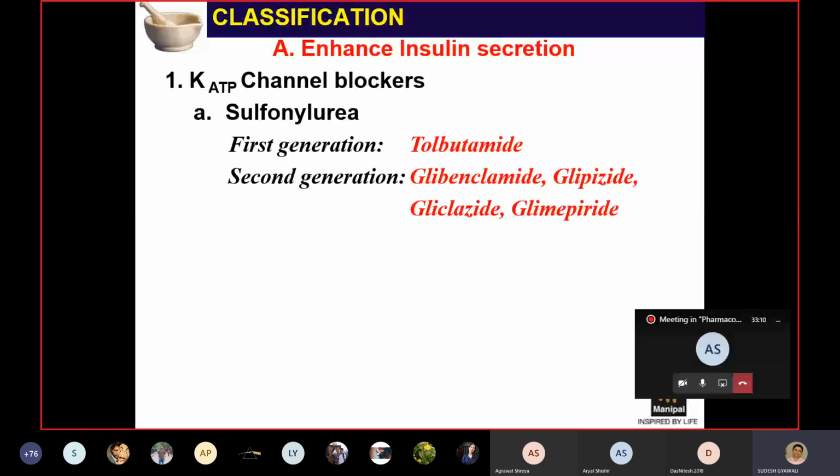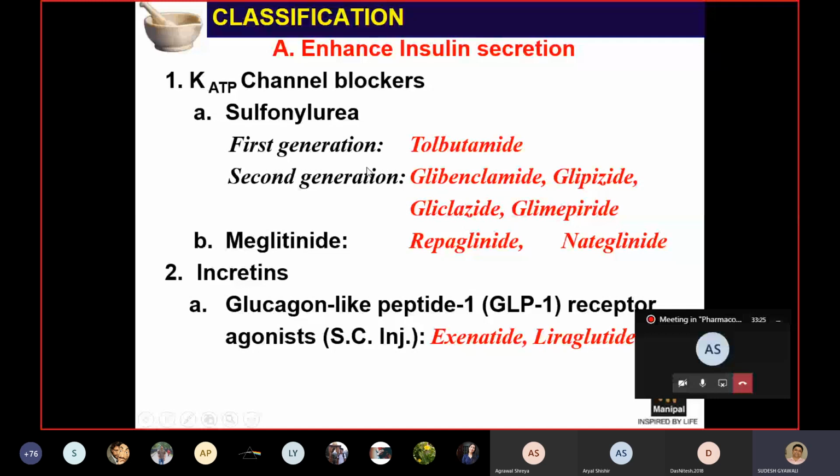And we have incretins, which increase the activity of incretin. We have glucagon-like peptide 1, that is GLP-1 receptor agonist, okay. Even though this is categorized as an oral anti-diabetic drug, these drugs are given by injection, and these are drugs under clinical trial, okay. Not very commonly used. Even in India, only in major cities these drugs are being used, and this is used once in a week, okay, something like that. So this is one drug. And similarly,